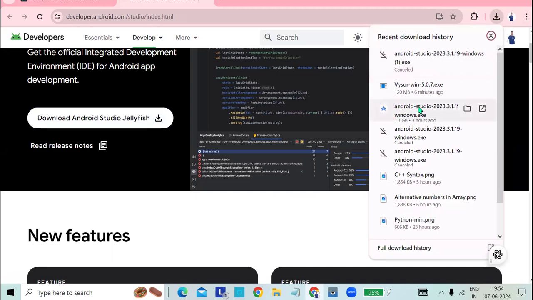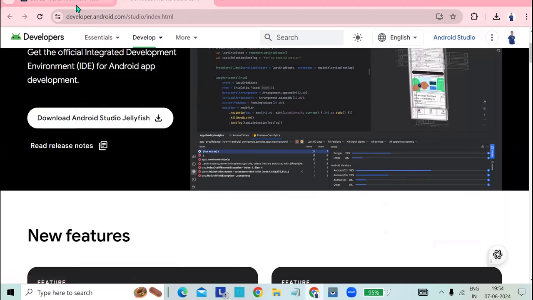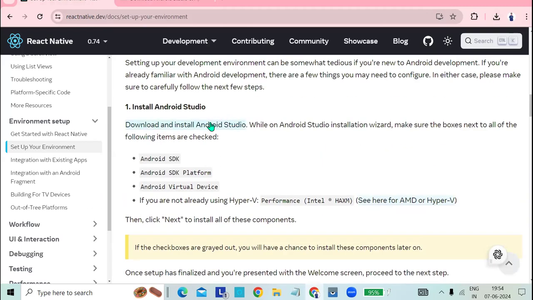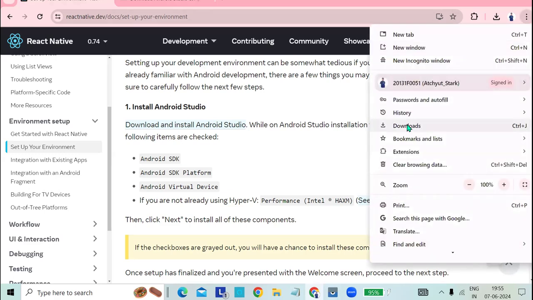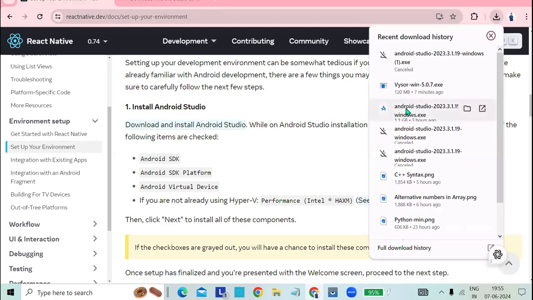After downloading Android, you'll get the application, right? After installing, when you open that Android file, it will ask to install. For example, I'm in my downloads. If I click on it,